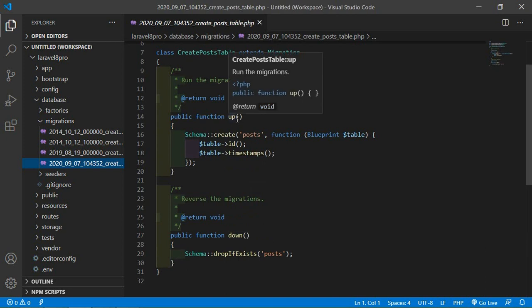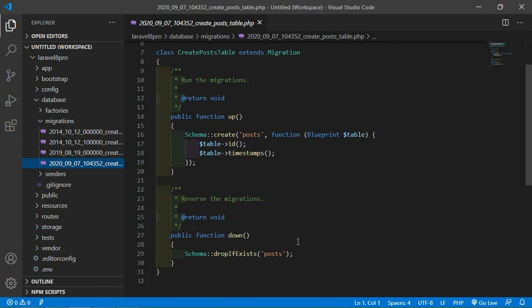The up method runs when the migration is executed to apply changes to the database, and the down method runs to revert the changes. Okay, if you need to update the database, you just create a new migration.